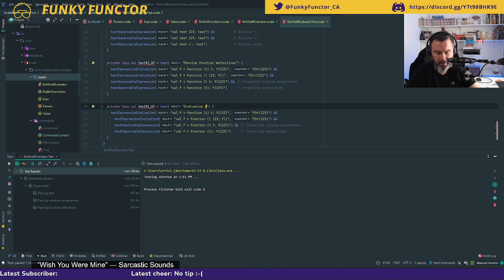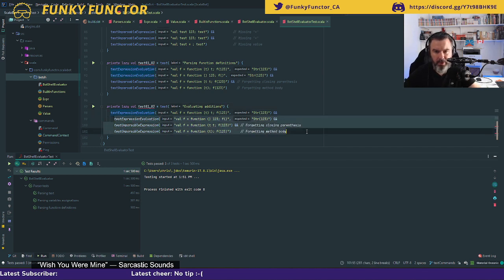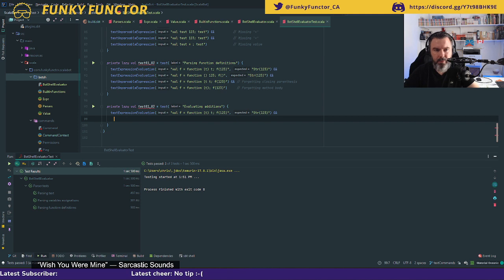I am going to have multiple different tests. The first one: I want to test that 1 plus 1 equals 2. That should be easy enough, so 1 plus 1, and here that should be returning 2.